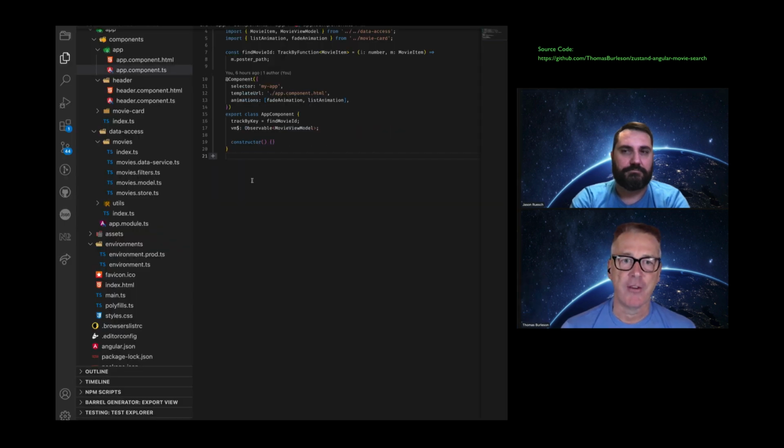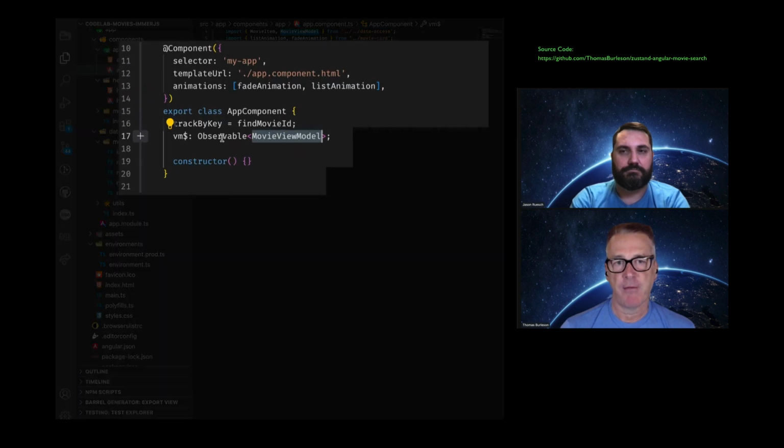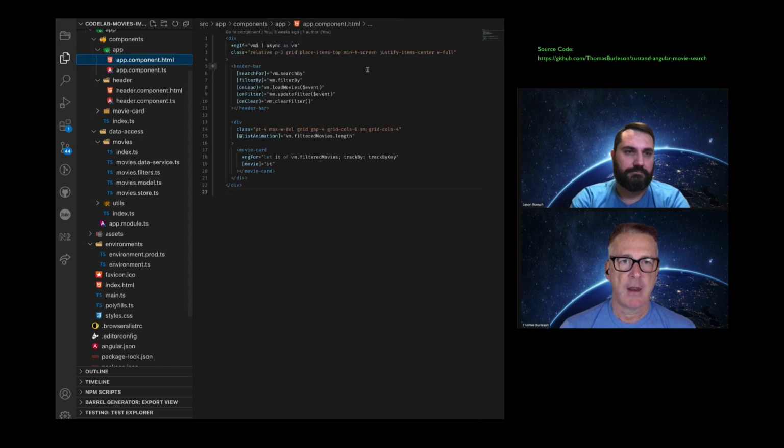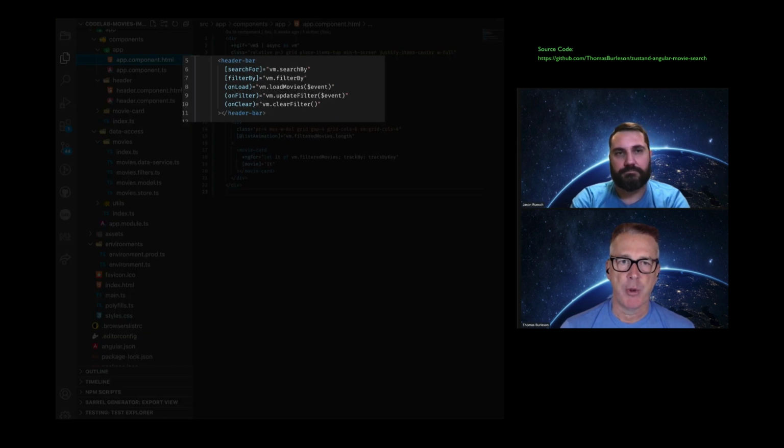Our application here is actually using a movie view model. All right, great. And in fact, it's using an observable to the movie view model. And if we look over here, there's a header bar component, and this header bar component has a whole bunch of options, right, that we can do our search and our filtering for. And in fact, we initialize the form fields with the current values from the view model. So search by and filter by are used from the view model to assign and initialize those fields in the